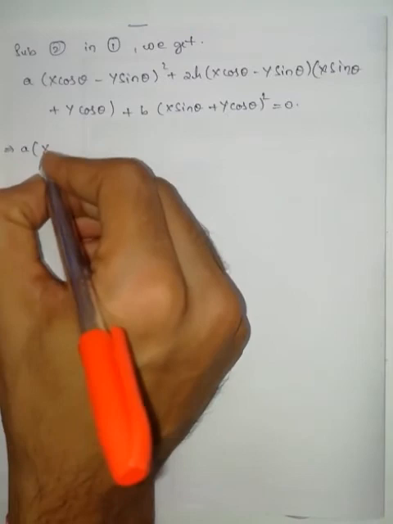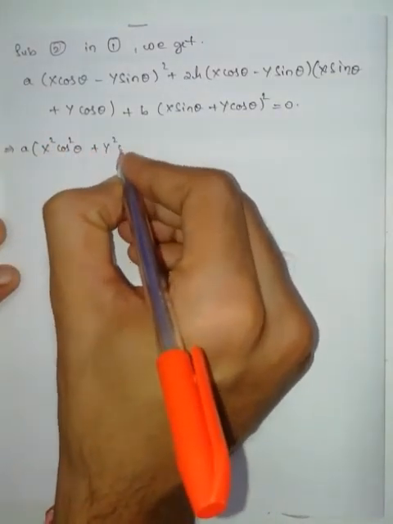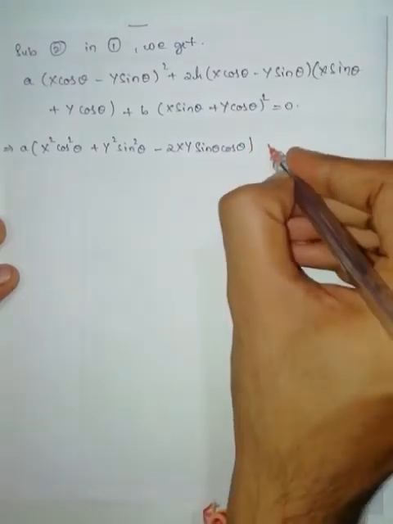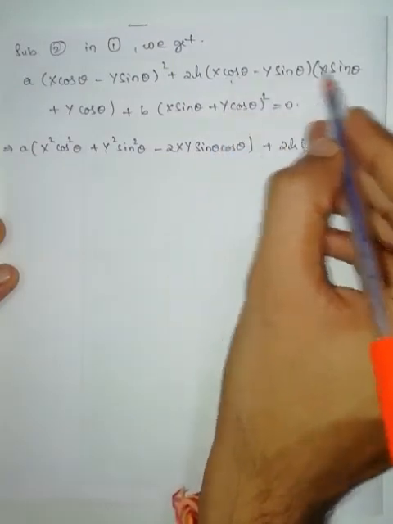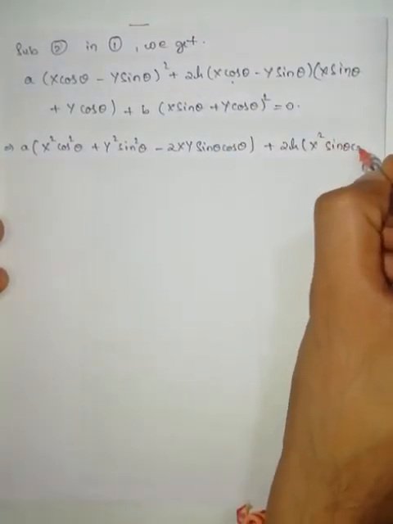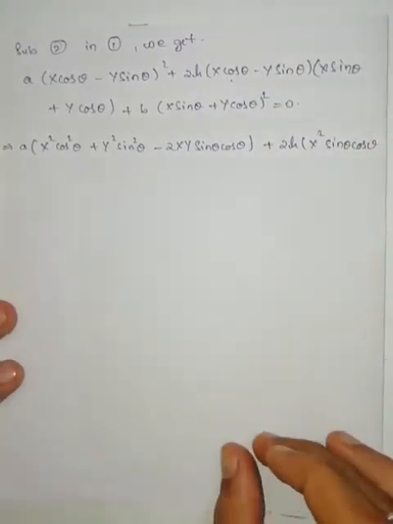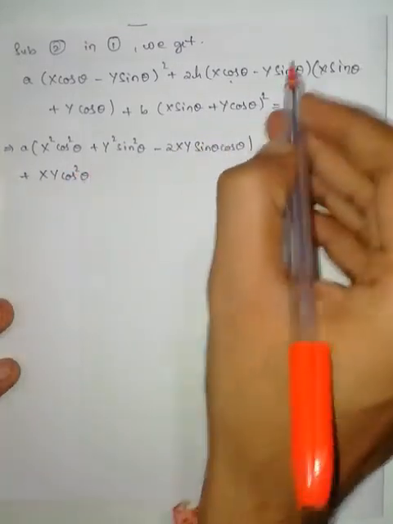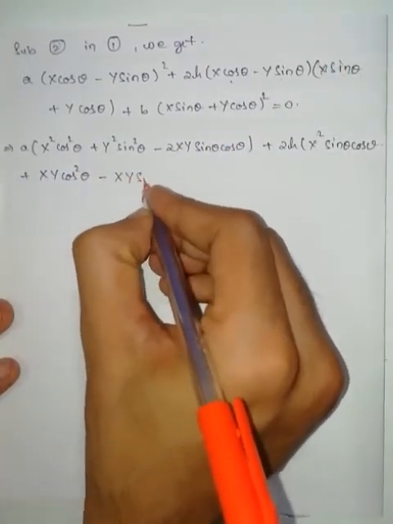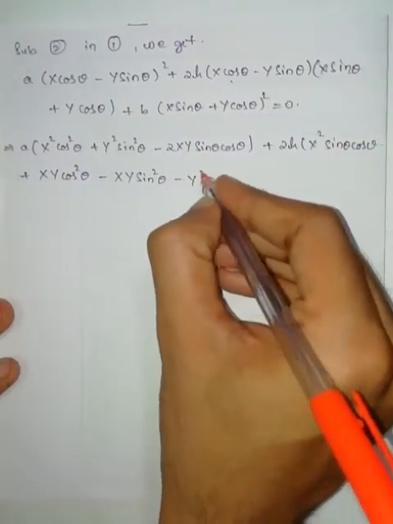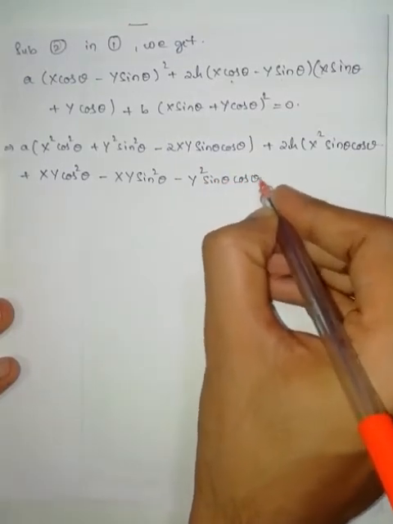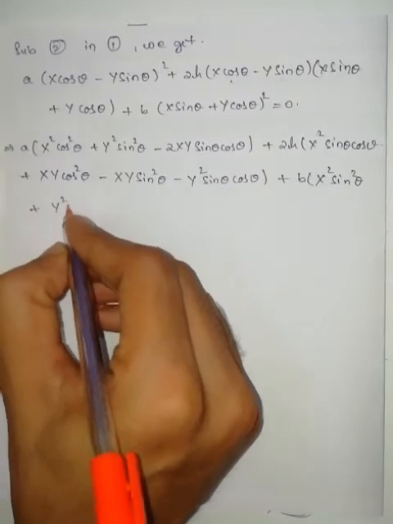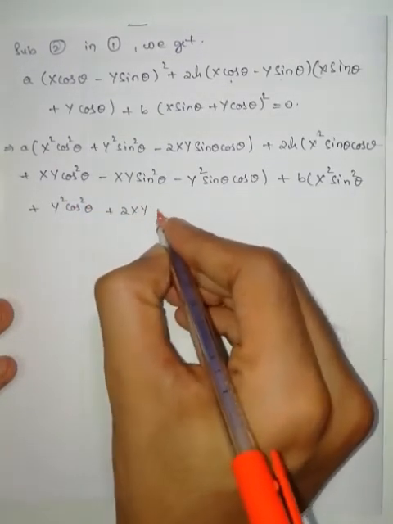A into x square cos square theta plus y square sin square theta minus 2xy sin theta cos theta, plus 2h into, now this one into this one, x square sin theta cos theta, plus this one into this one, xy cos square theta, now this one into this one, minus xy sin square theta, now this one into this one, minus y square sin theta cos theta, plus p into x square sin square theta plus y square cos square theta plus 2xy sin theta cos theta